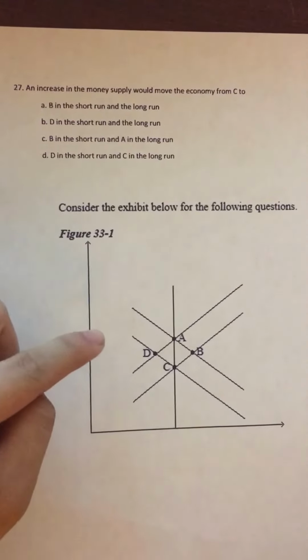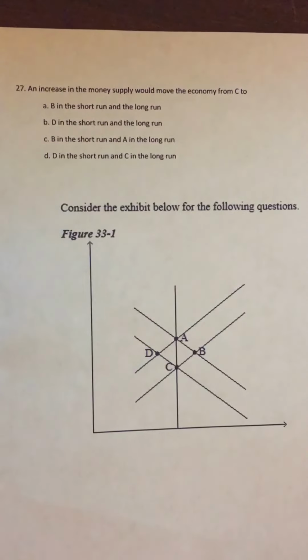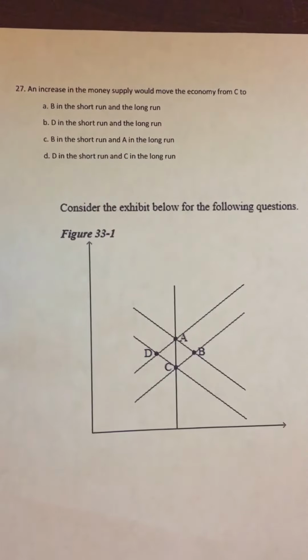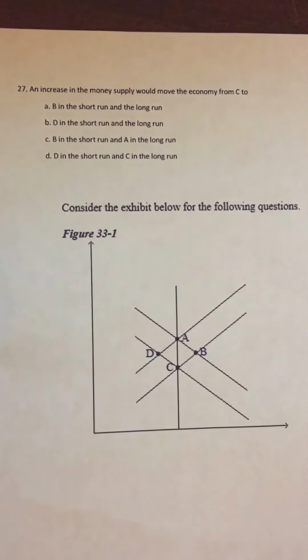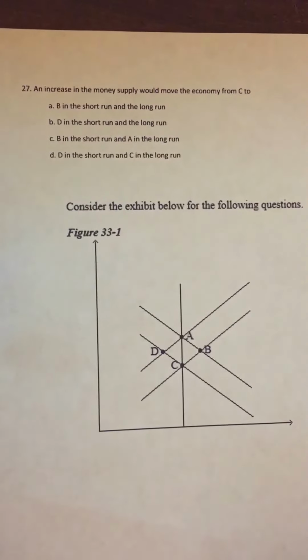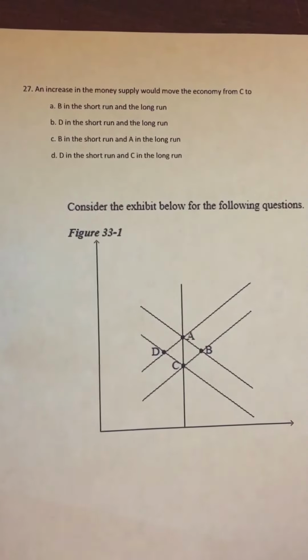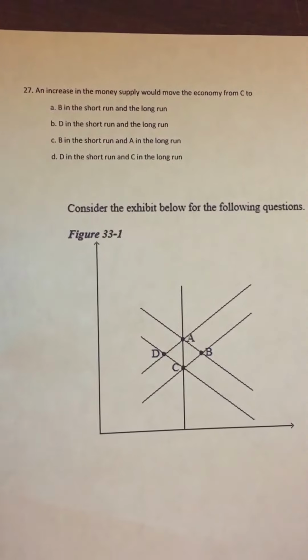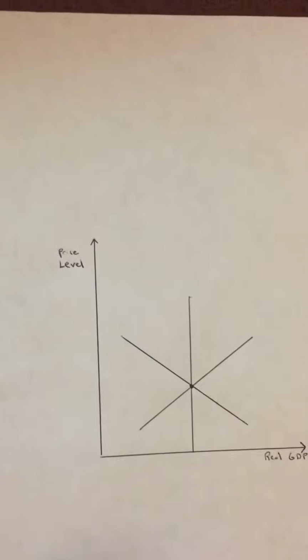Using the figure below, the problem states an increase in money supply would move the economy from C to A, B in the short run and the long run, B, D in the short run and the long run, C, B in the short run and A in the long run, and D, D in the short run and C in the long run. So to solve this problem, we first have to know the aggregate demand and aggregate supply